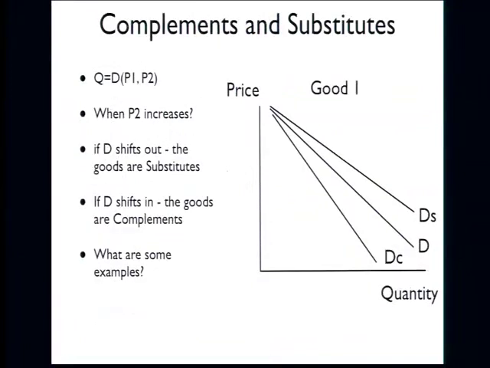Another one that we could have talked about is complements versus substitutes. So one other thing that we can vary is the price of a related second good. The price of the croissant affecting the price of the donut. If the price of the second good increases and the demand for the good that we're studying shifts out,